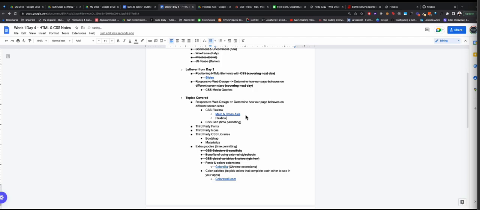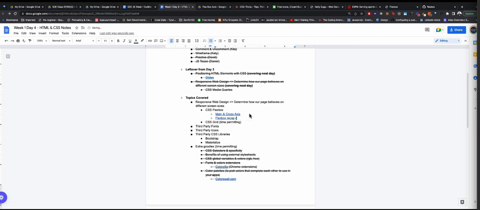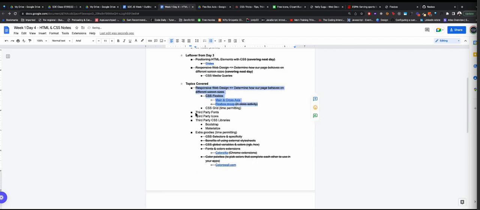Flexbox recap. In-class activity. We covered this little bit, and we have all this other stuff to cover, right? Again, this is day 4. That's fine. What I'm going to ask you to do for my homework,